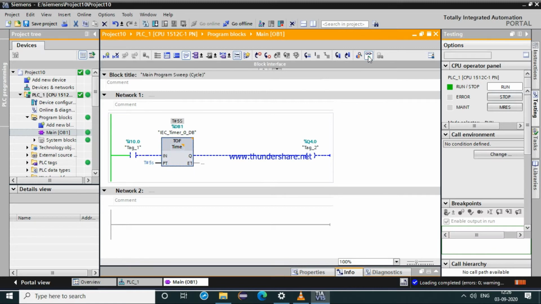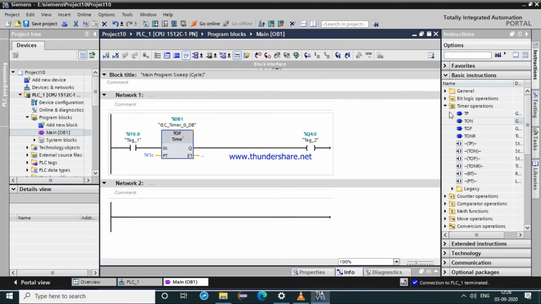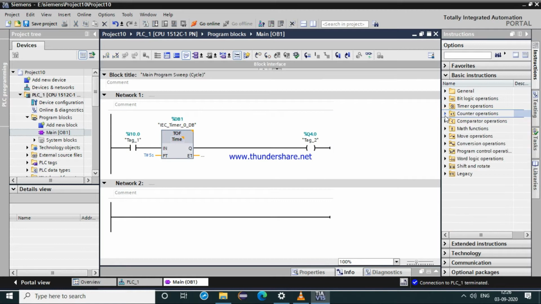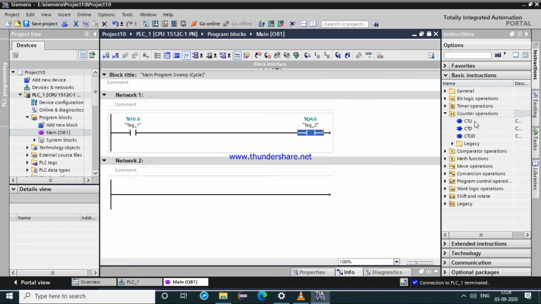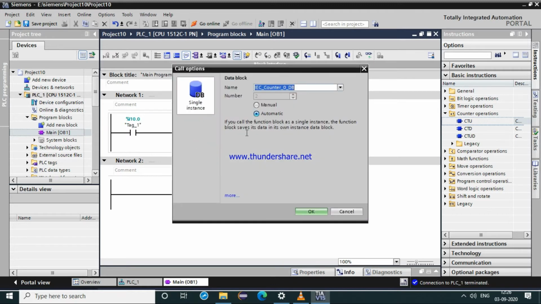We will go offline. Next operation we will see is our counter up, that is using our counters. So this is the data block for counter.